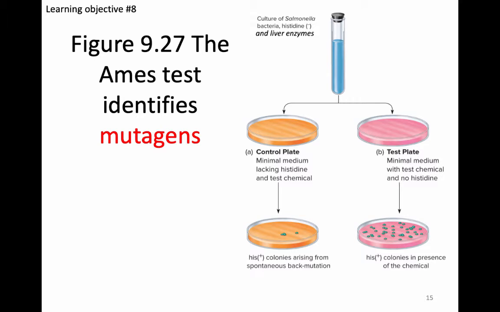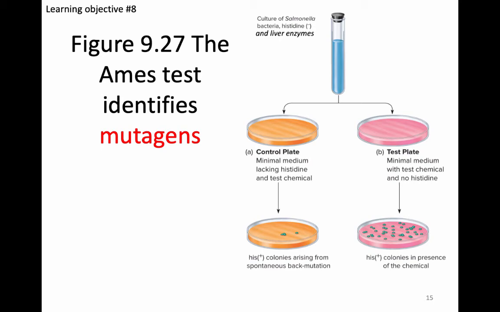When we plate some of this Salmonella bacteria on agar that does not contain histidine, these bacteria should not be able to grow. They are only able to grow if we provide histidine for them. And since we are not, they should not be able to grow. So the control plate is made up of media lacking histidine and also lacking a test chemical. And we see after plating these Salmonella bacteria, a few colonies arise by spontaneous or random mutation. They've become histidine plus, are able to make their own histidine, and are able to grow on the orange control